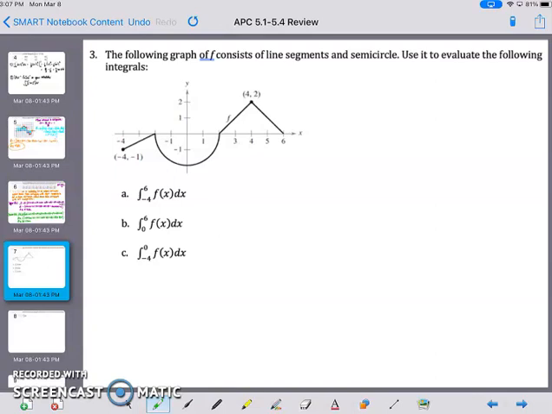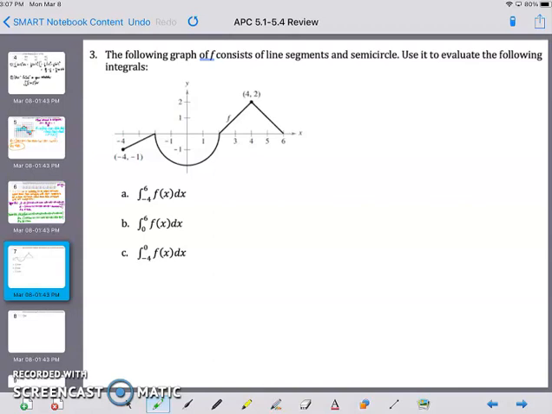This is AP Calculus 5.1 through 5.4 review, problem number 3. In this problem, we are given the following graph of f, which consists of line segments and a semicircle, and we are asked to evaluate the following integrals. Letter A, the first one, is the integral from -4 to 6, so basically the entire thing of f of